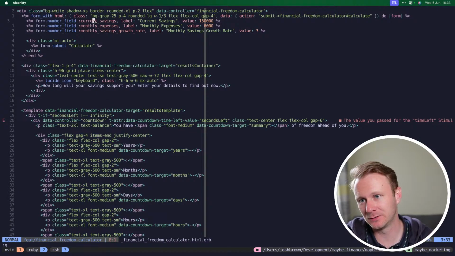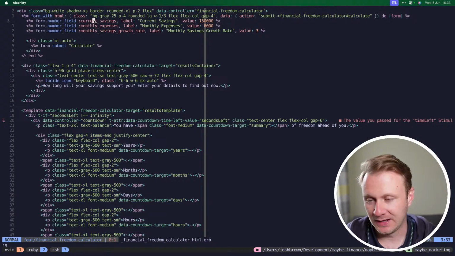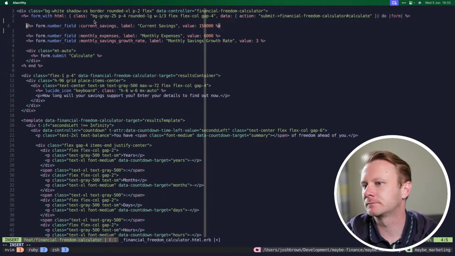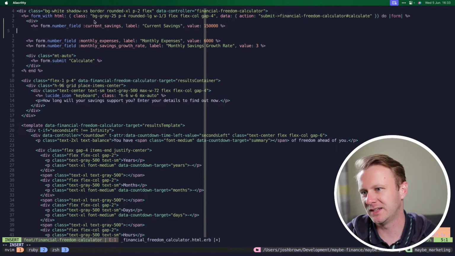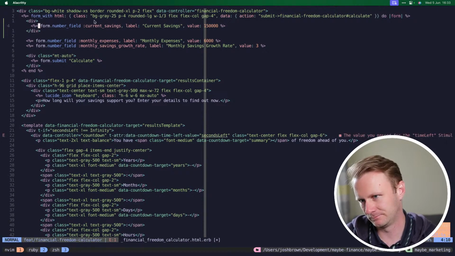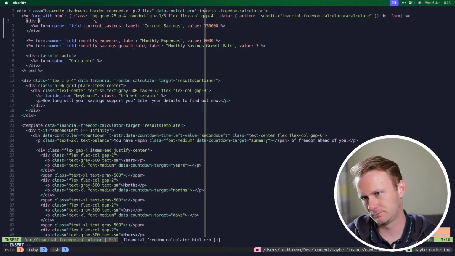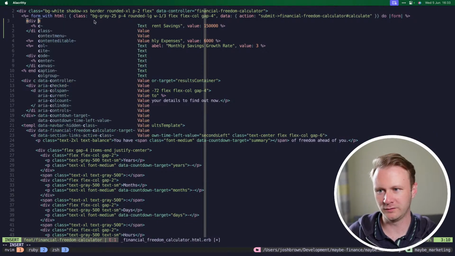We've got this slider majiggy to make. Okay, so I think we're gonna have to wrap each one of these number fields in a div. We'll do it for one first, but